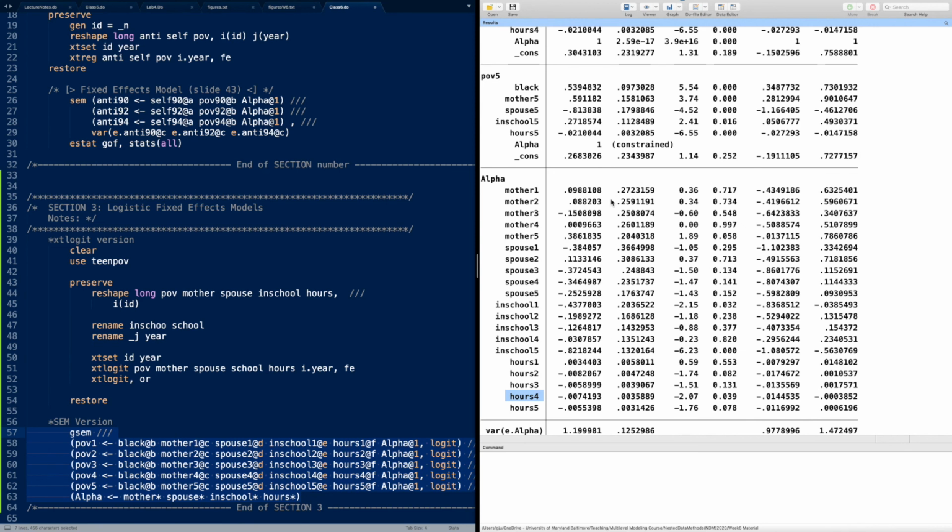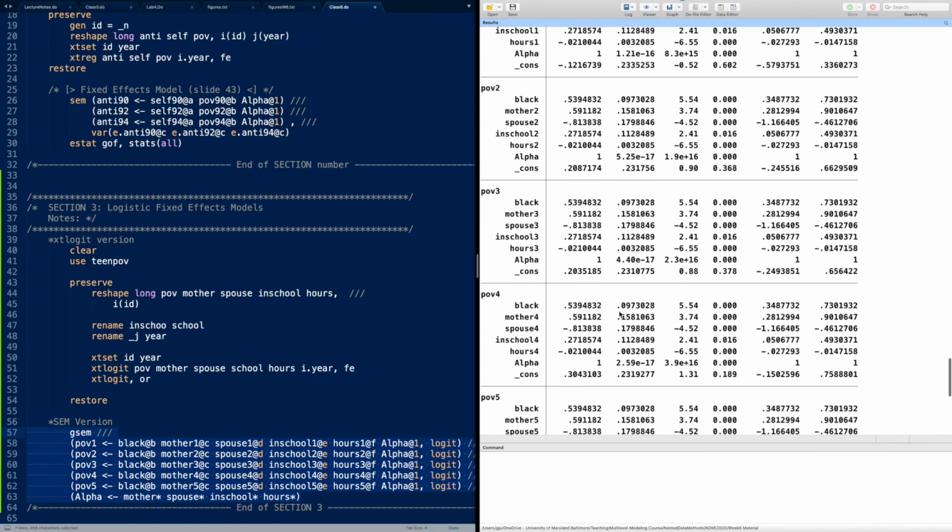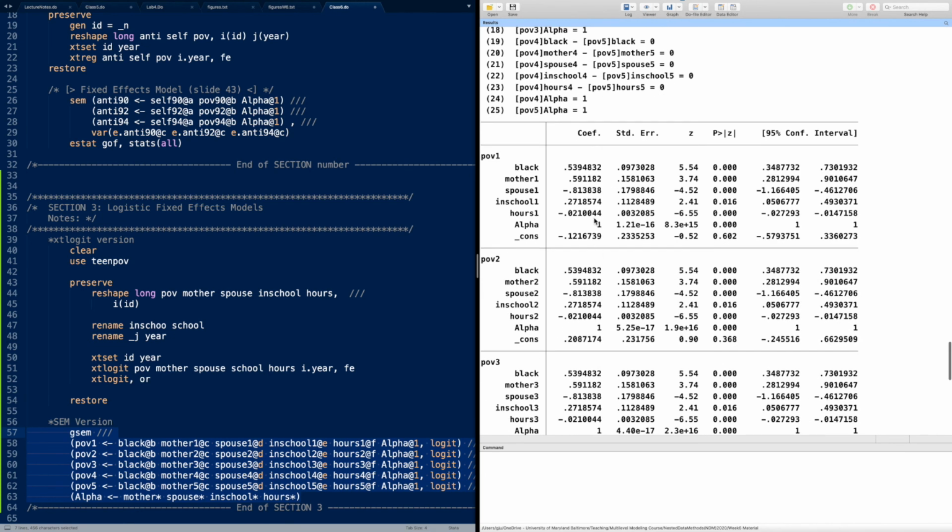Other than checking this for violations of random effects, we don't look at it here. We don't care about it. As in the same model before, these are all constrained to be the same across the years. So we just have to look at this one regression in order to get all of our answers. The time variable is again pushed into the coefficient and the constant, and then we get the same parameters